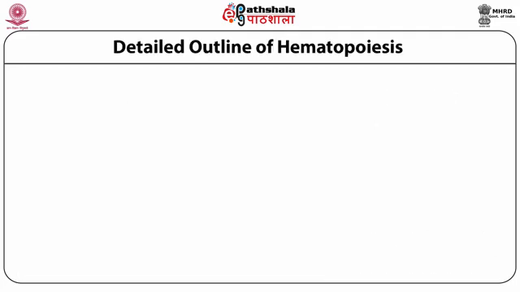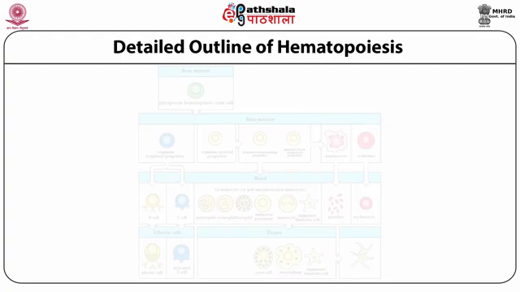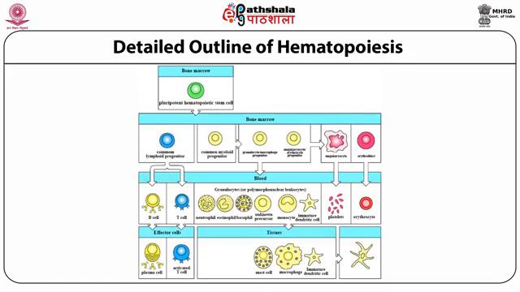This is a very important slide because this shows the different kinds of cells which we'll be talking about throughout this discussion on immunology. This shows the detailed outline of hematopoiesis. We have already mentioned that all blood cells arise from a common stem cell. We also mentioned that this pluripotent hematopoietic stem cell gives rise to initially two different types of stem cells: